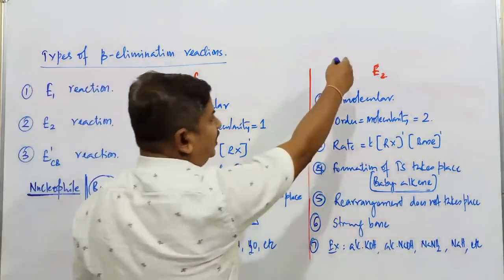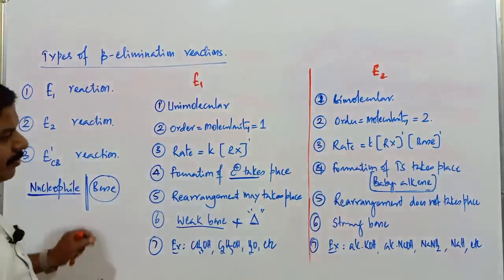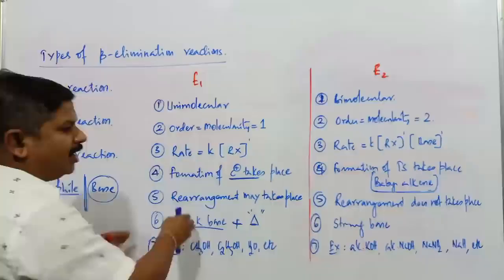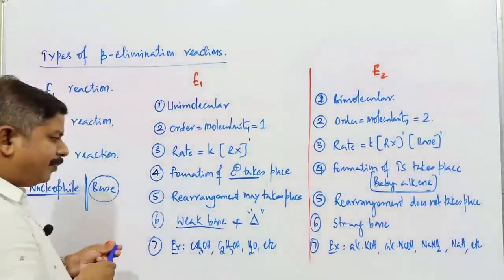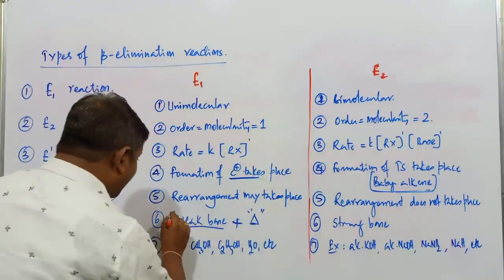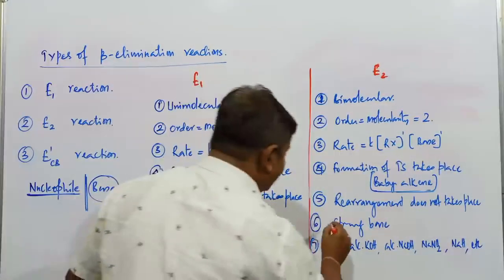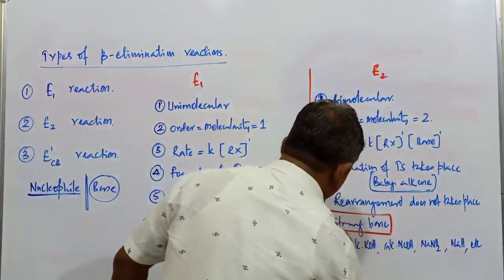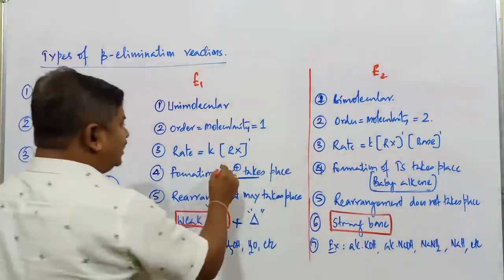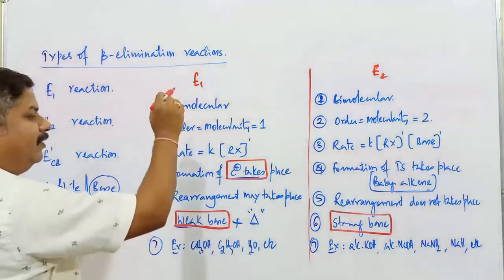So these are the characteristics applicable for E1 reaction. These are the characteristics applicable for what? E2 reaction. What is the important point related to E1 and E2 reaction out of all these points? One important point, I'll highlight that one. The presence of base. What type of base is going to be involved? If it is weak base, it is E1. If it is going to be strong base, it is going to be what? E2 reaction. And wherever there is a formation of carbocation, generally it is called E1 reaction.